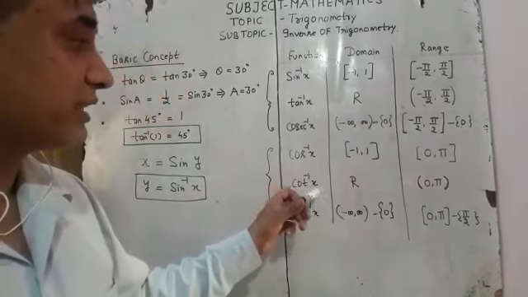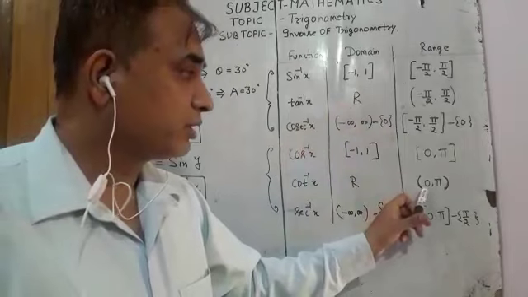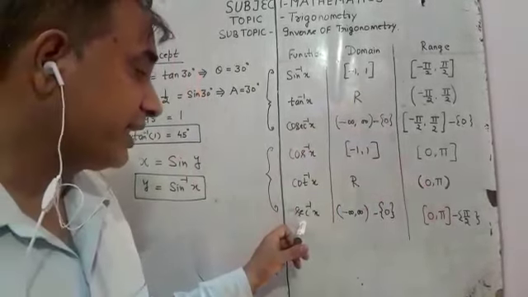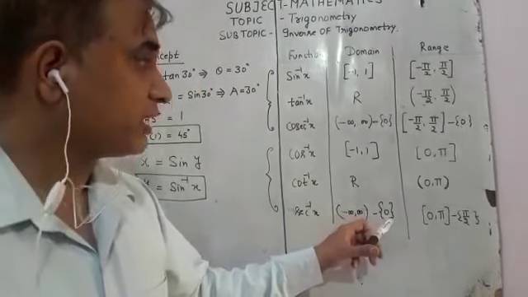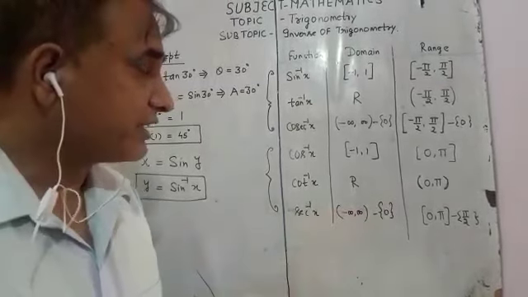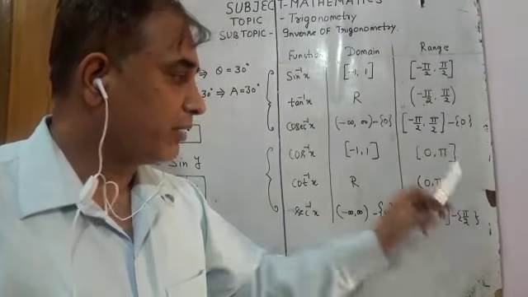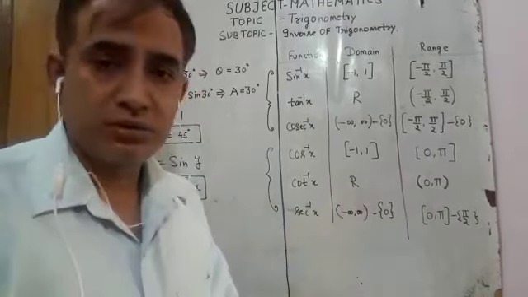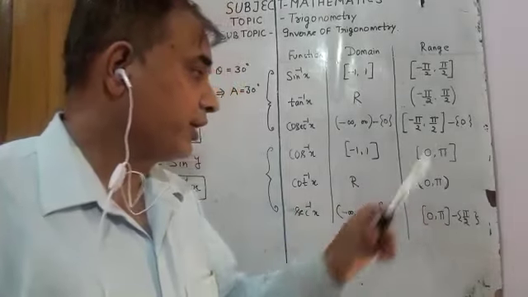Again we see the cot inverse x, the domain will be R. So the range will become 0 to pi, because it is an open interval. Now let's see the last part, sec inverse x. The domain will be minus infinite to infinite, but 0 is also not included here. So we remove the 0 here. The range of it is 0 to pi minus pi by 2. Why? Because we know that sec pi by 2 is not defined. So we exclude pi by 2 here.